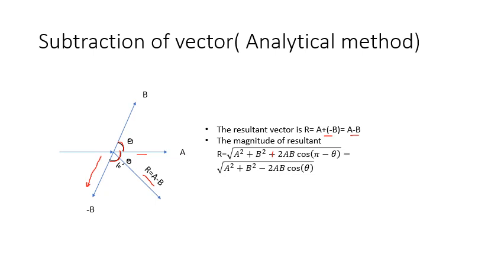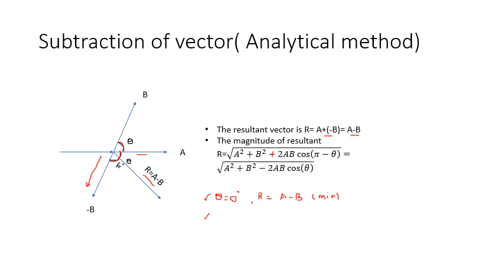Then what about the magnitude, students? Similar to the addition of vectors, where I have explained three cases, we'll see the cases now. If theta equal to 0 degree, what will be the resultant magnitude? R is equal to A minus B. If you substitute theta value as 0, the resultant value will be A minus B. So here you will get a minimum magnitude, students. So this is your first case.